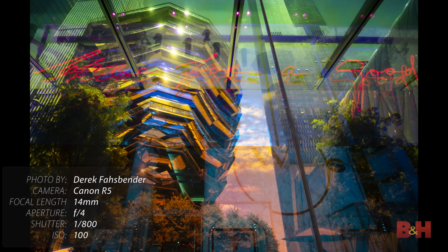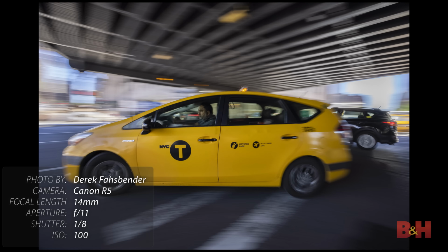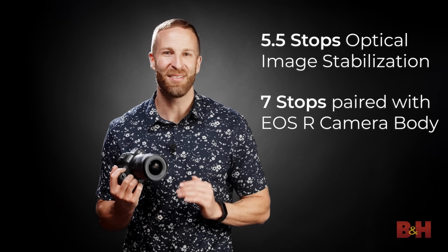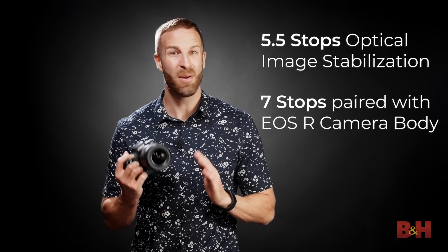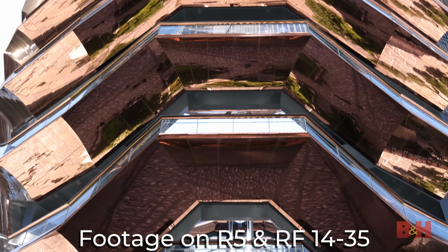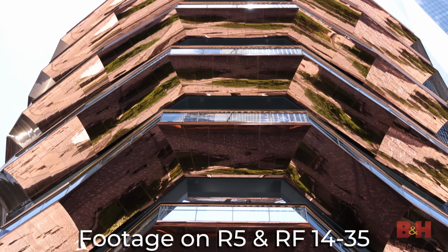Landscape and architecture photographers will greatly benefit from the improved optics at the wider end of the focal range, and thanks to the impressive built-in image stabilization, taking photos indoors or in waning light produces stunning results, especially for an f4 lens. When I say impressive, we're looking at 5.5 stops of optical image stabilization on a camera body without IS, and when paired with a stabilized model like the R5 we're using today, you're getting up to 7 stops